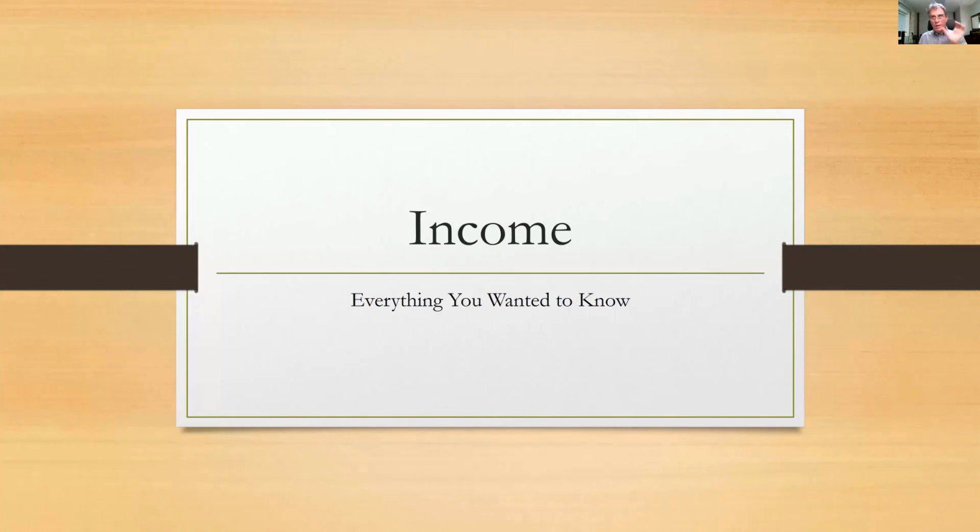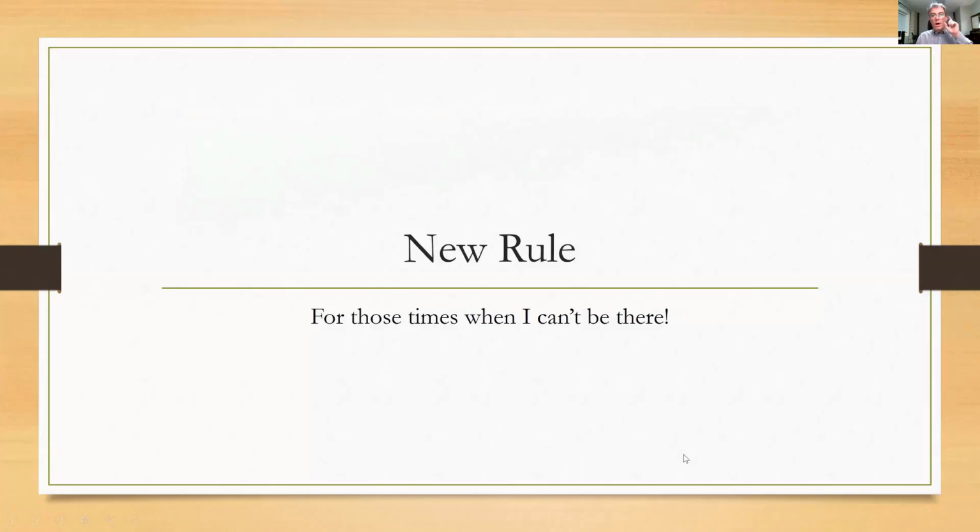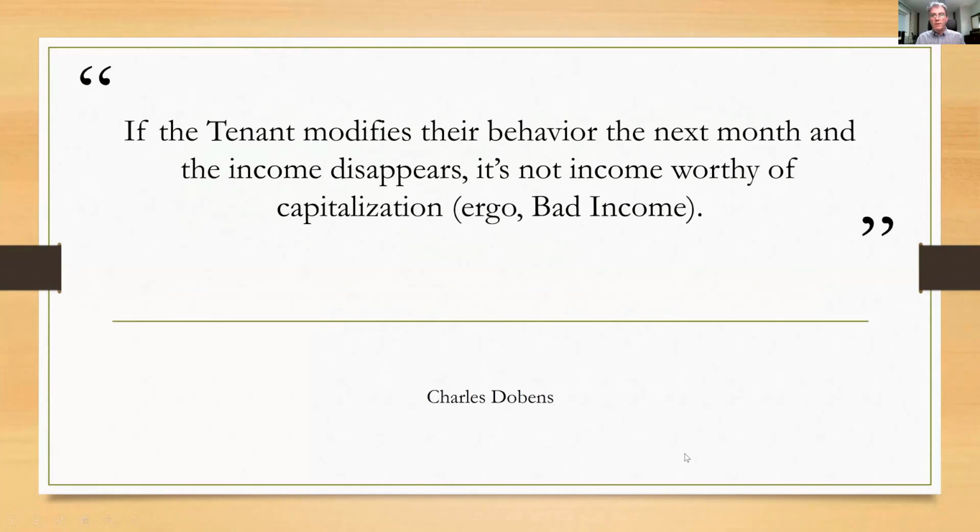So what rule can we use to know exactly how to do it? Here's a new rule for those times when I can't be there for you. This is it. Don't write it down, just commit it to memory. If the tenant modifies their behavior the next month and then the income disappears, it's not income worthy of capitalization. Ergo, it's bad income. So always ask yourself, if the tenant started to perform under the terms of the contract,